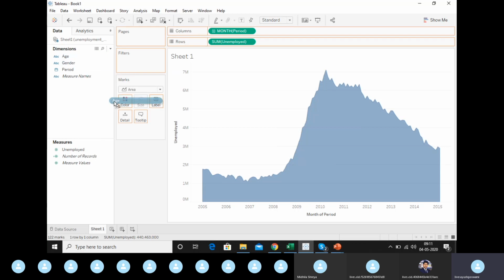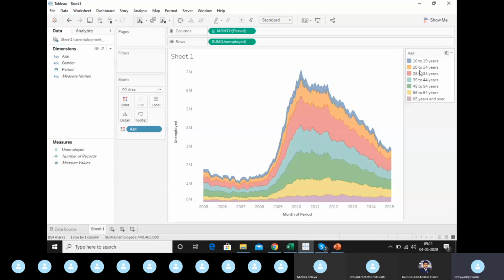Pick up age and plot it into color. You can see the sets of age here, and it will plot each set with different areas. The blue one is for 16 to 19, and the orange one is for 20 to 24 years, and this makes it quite easy for us to visualize.